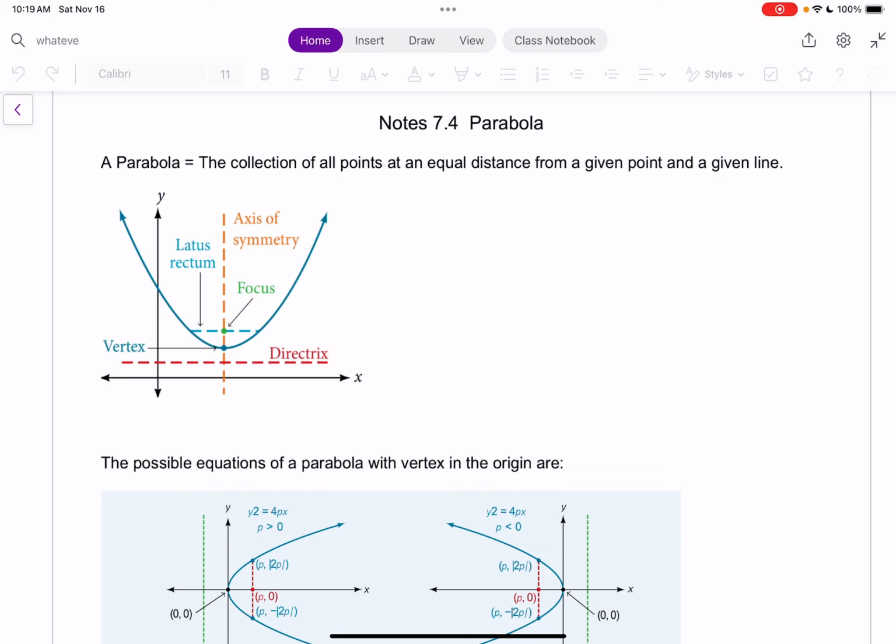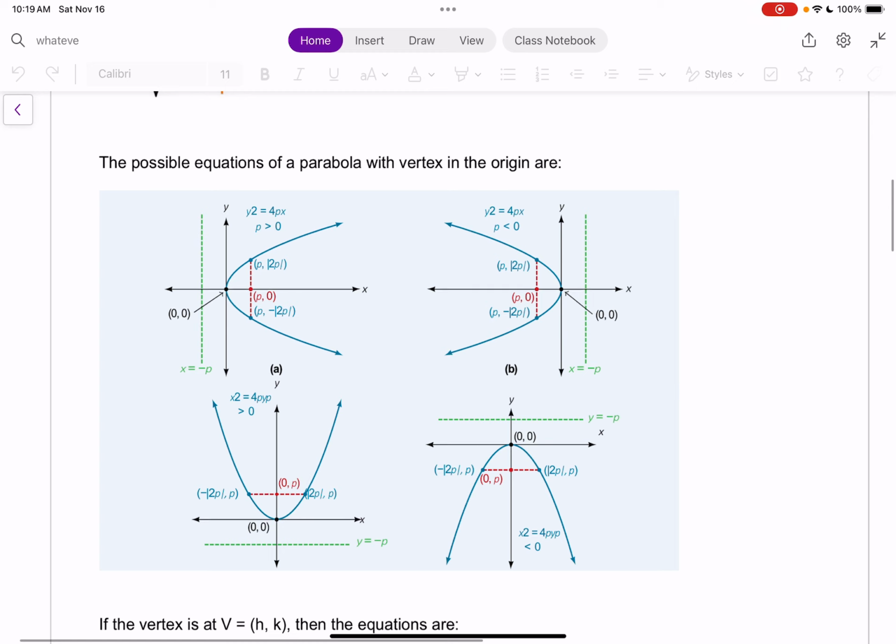All right, class, welcome to section 7.4, the last conic section, and we'll discuss parabolas. Well, the parabolas that we're discussing are really the same parabolas we discussed in chapter, I forget now, 3, I believe, when we talked about quadratic functions and the shape of the graph of a quadratic function being a parabola. However, as you might see from the pictures down below, we will now look at parabolas that can also be